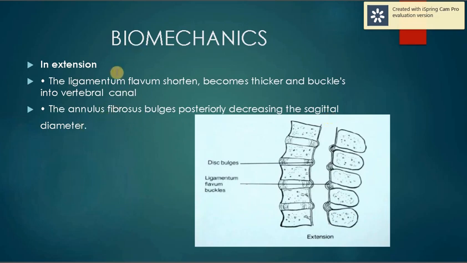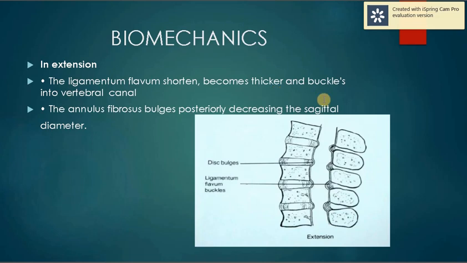So it is very important, students. Just try to focus on this point, the biomechanical point in extension. Why I am focusing on this, you will come to know. In extension, see what happens. The ligamentum flavum shortens. It becomes thick and buckles into the vertebral canal. Focus on this point: the annulus fibrosus bulges posteriorly, decreasing the sagittal diameter. So that means in extension, biomechanically, there is already an attempt of